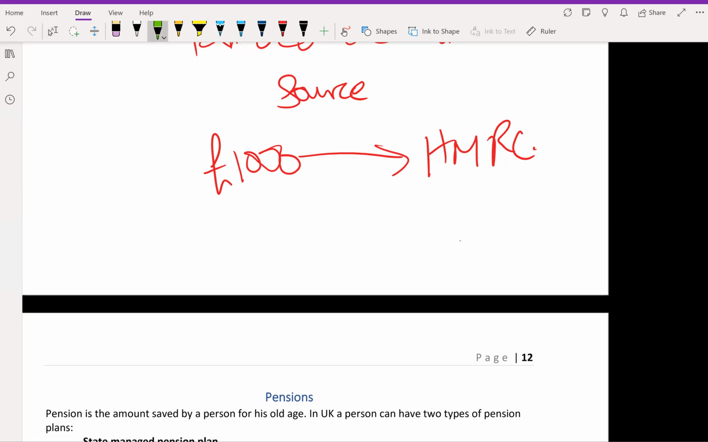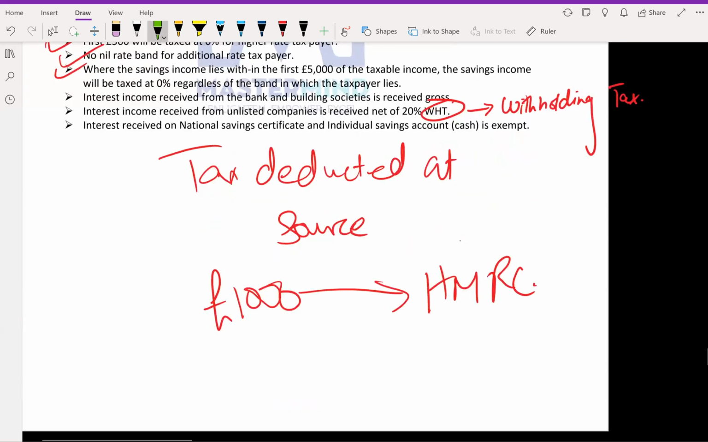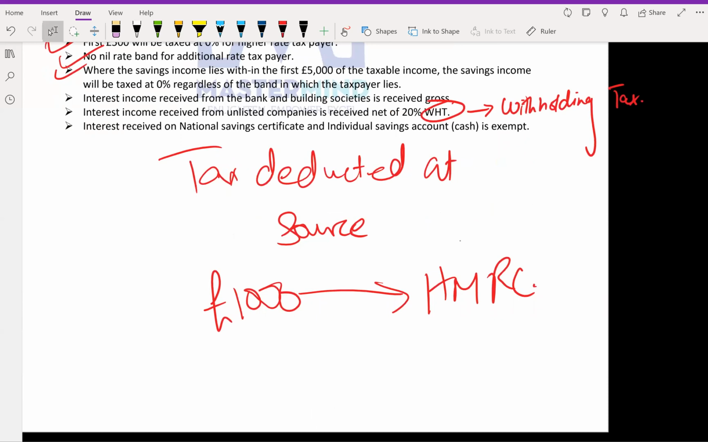Tax deduction at source means the moment you are collecting your money, it could be trading income, it could be employment income, mainly it's employment income, right? Or let's say interest income in this case. The moment you go and you stand in the line to get your money, HMRC will walk alongside you. All right. So let's say